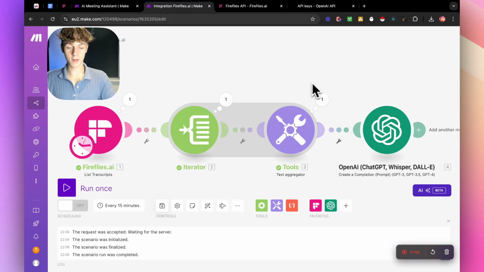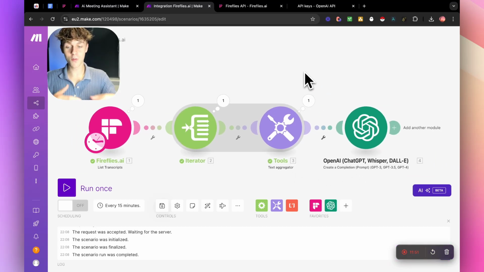So this is perfect. You're literally almost done. Now you can do whatever you want with that output. If you have a Notion that you want to store all of these cool recordings and summaries in, you can use Notion, Airtable, Google Sheets, Google Docs, or you can get it to send you an email. There's so much you can do from this point on that it's ridiculous. However, for simplicity's sake, I'm just going to show you how to send an email to yourself with the meeting recap, and you can even include the recipient's email as well, or maybe one of your team members'